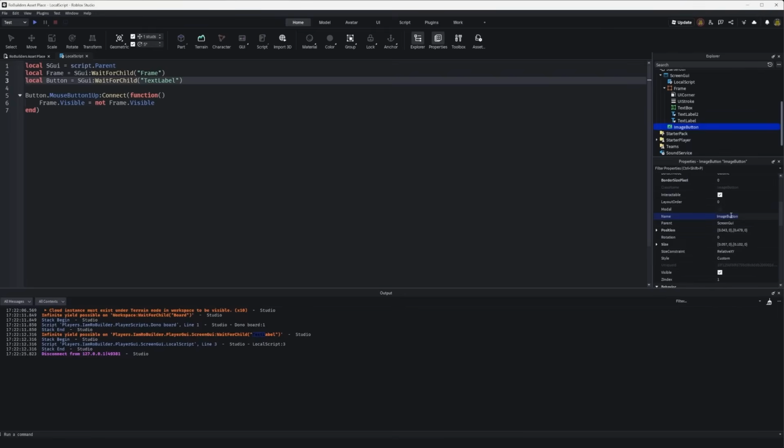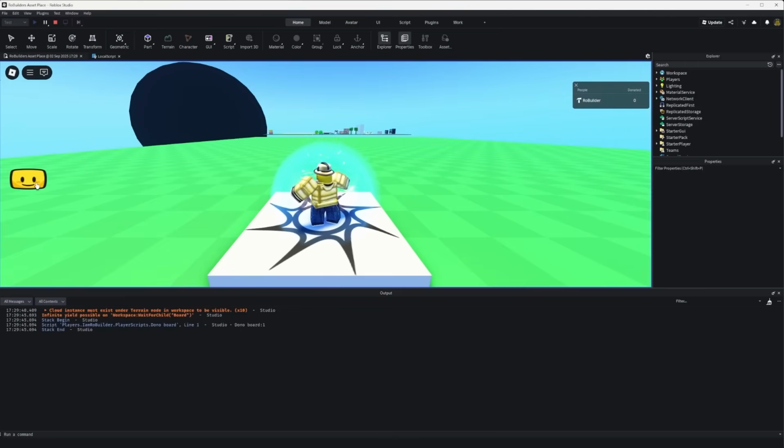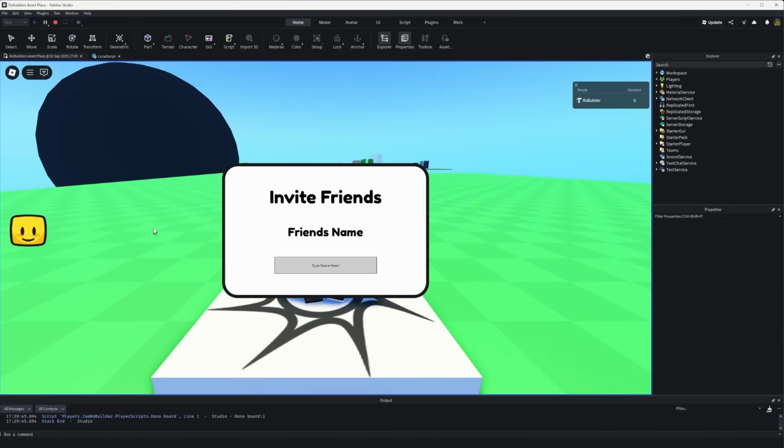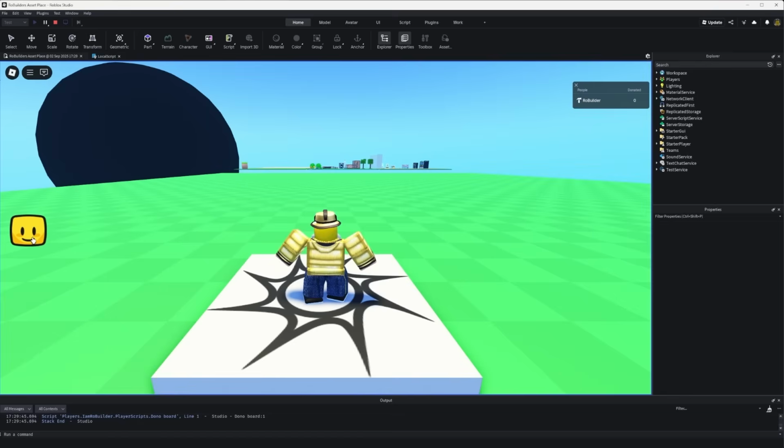It would be the image button. So let's just copy this name, paste it in here, and then let's go ahead and click play again. Now, if we hit our little bubbly guy here, the noob head, click, it opens up our frame. We can type here, Robo, and yeah, obviously this frame's not gonna do anything, but it is nice that it